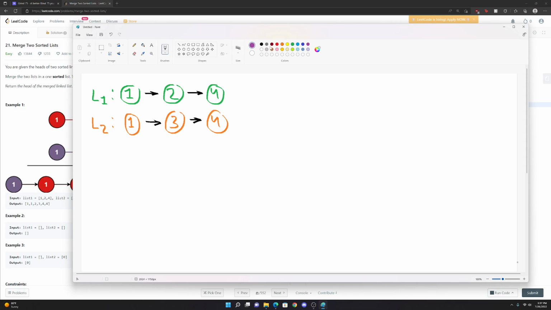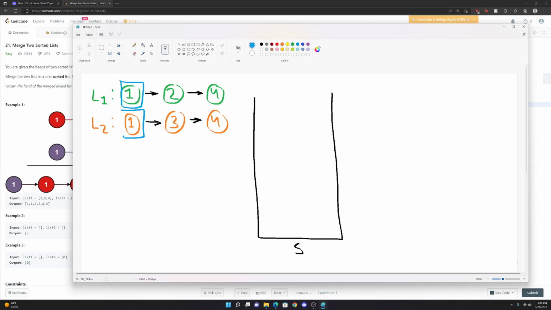All recursive problems have a call stack, right? A mistake that people sometimes make is they have a recursive solution and say, oh, it's just O of 1 in terms of space, but you have an implicit stack that's defined for you whenever you do a recursion. So we'll call this stack S. When my program is first called, these are the two heads of my lists, right? And so I compare 1 and 1, and I see that they're equal. And so in my case, I say, well, if two things are equal or greater than,